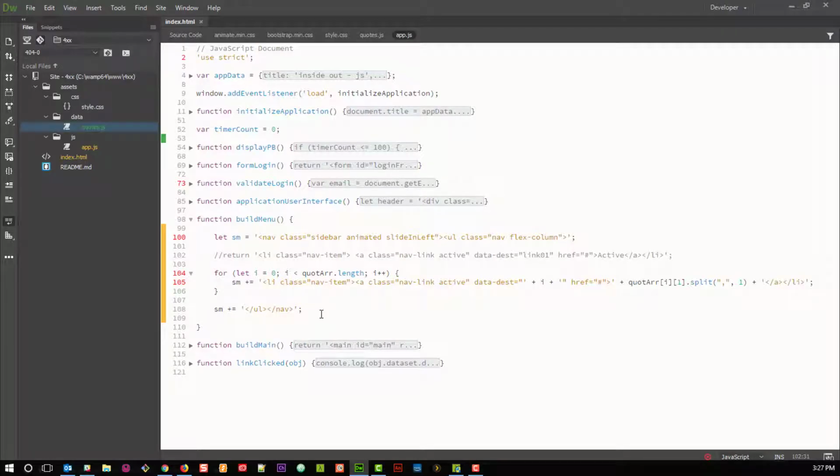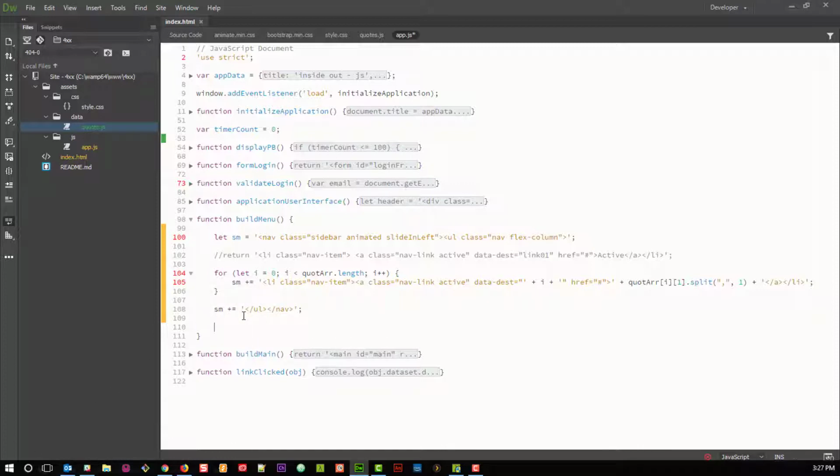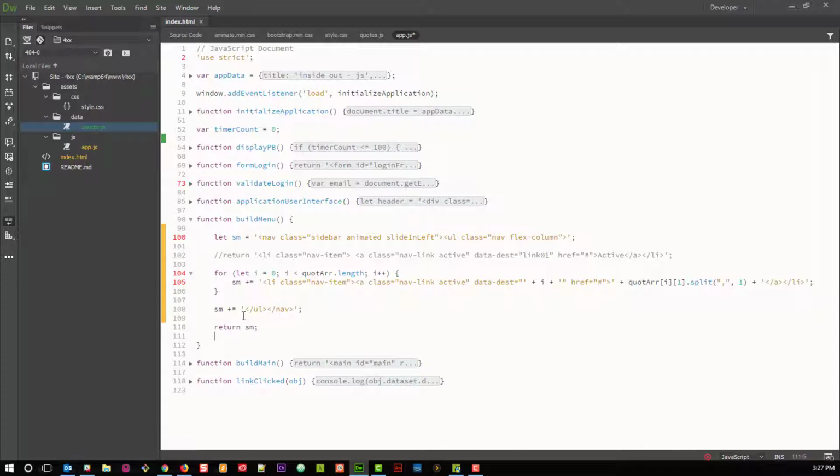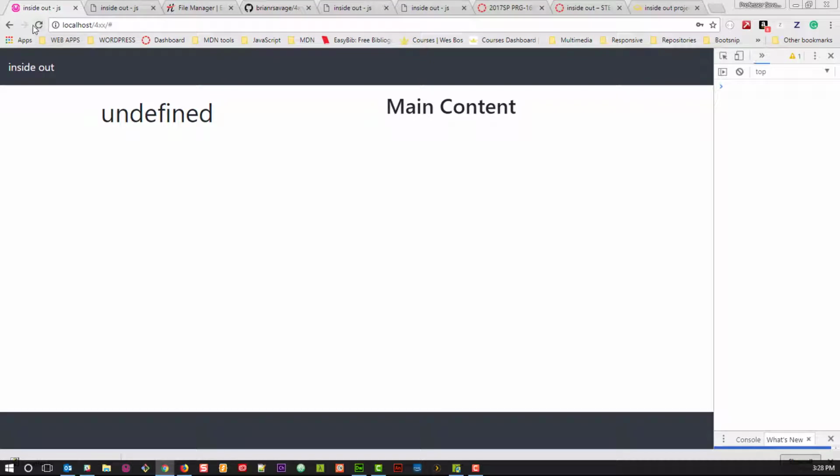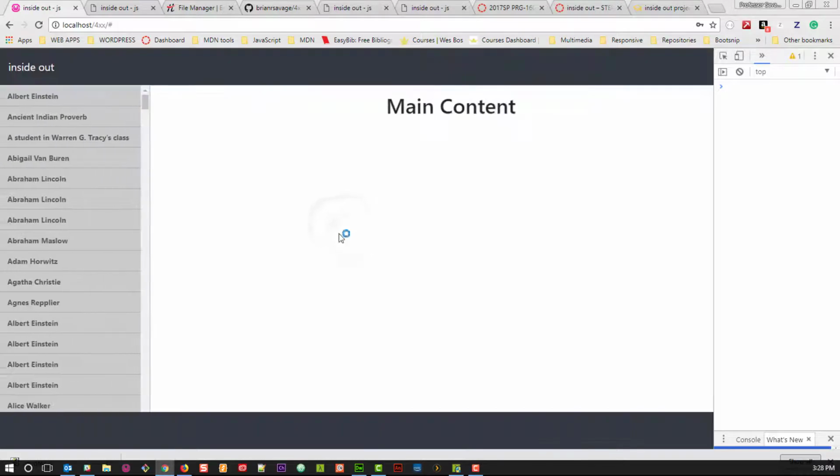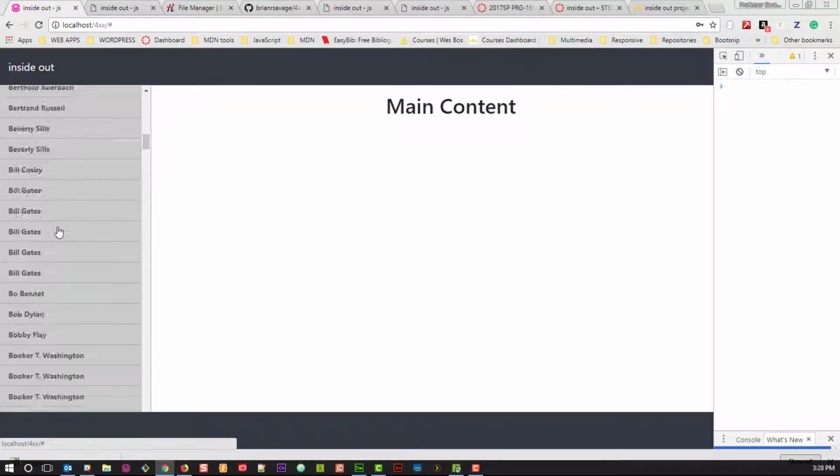And why do we have undefined, people? I'll tell you why. Because we're building and we're not returning the SM. This function is built on the idea that it's going to return something up top. So now if we go out and give it a shot again, hopefully that'll do it. And there we see it. There we have our